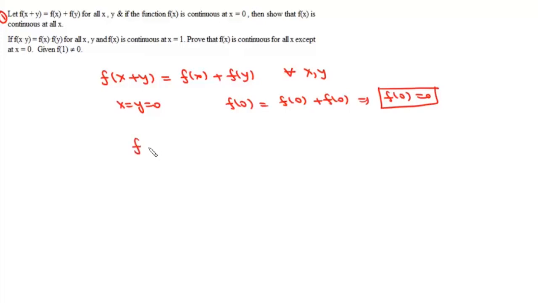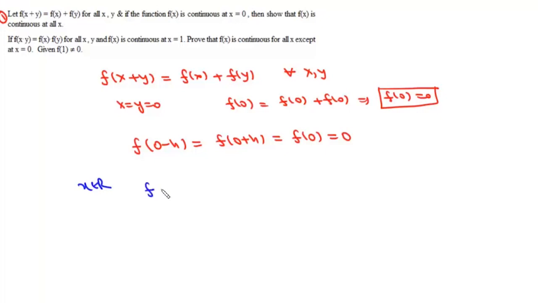And if f(x) is continuous at 0, that means f(0 minus h) must be equal to f(0 plus h), and it will be equal to f(0), and f(0) in this case is 0. Now we need to show that it is continuous for all x. Now if we take any x belongs to R, then